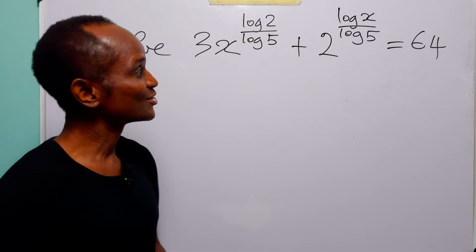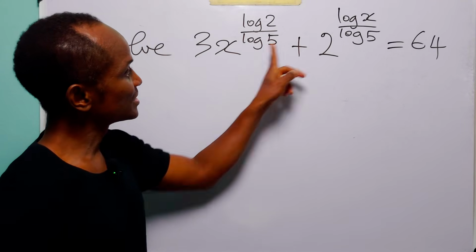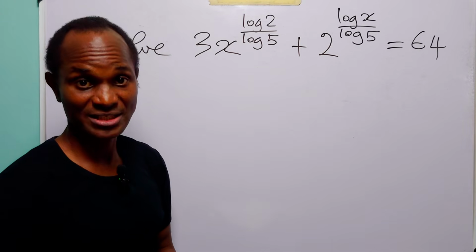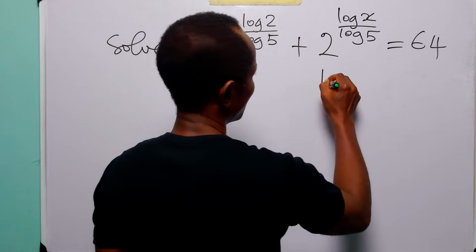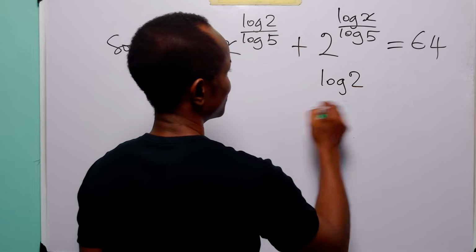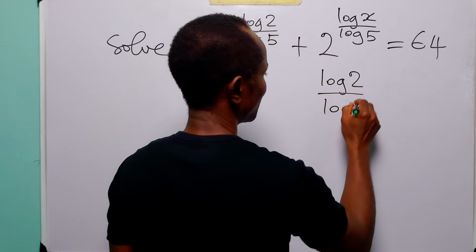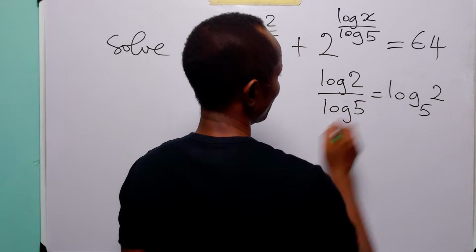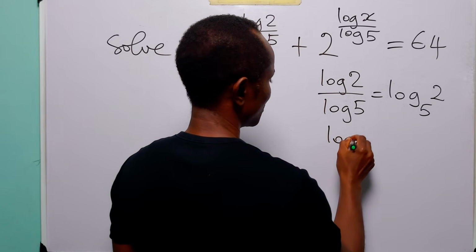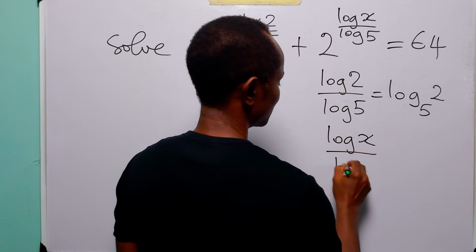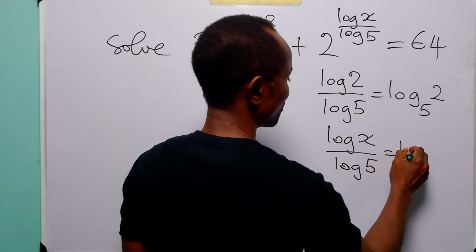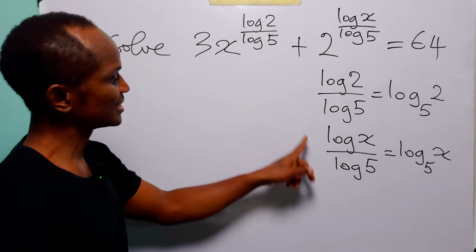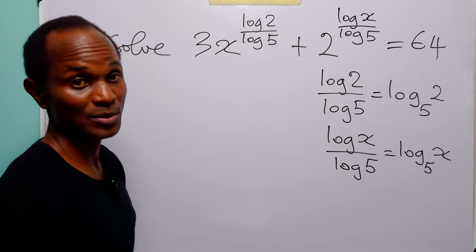Hello and welcome. To solve the exponential equation, we will start by simplifying the exponents. Now remember that according to the change of base formula for logarithms, log 2 over log 5 is equal to log base 5 of 2, and also log x over log 5 is equal to log base 5 of x. Now, using these two, we can rewrite the original equation as